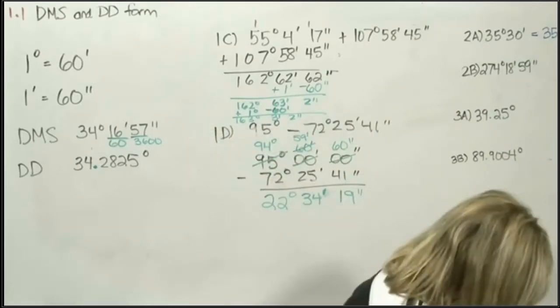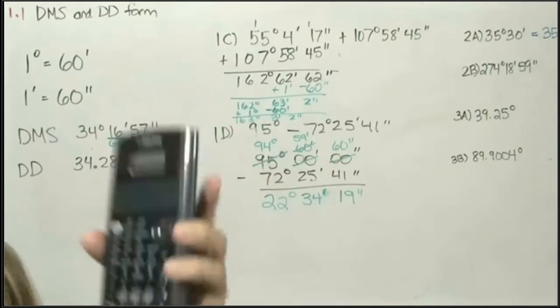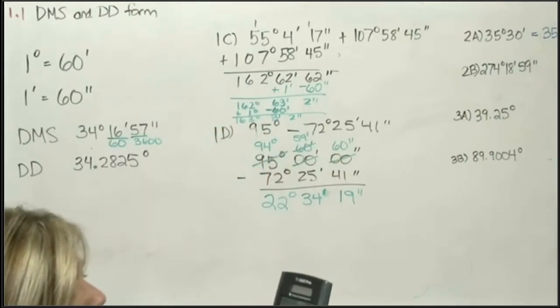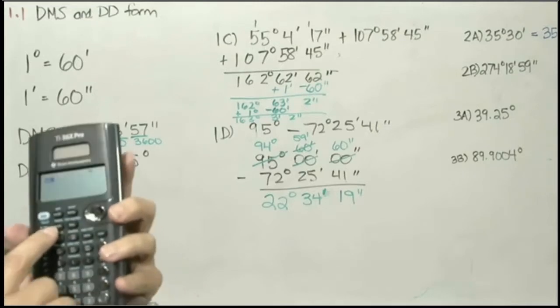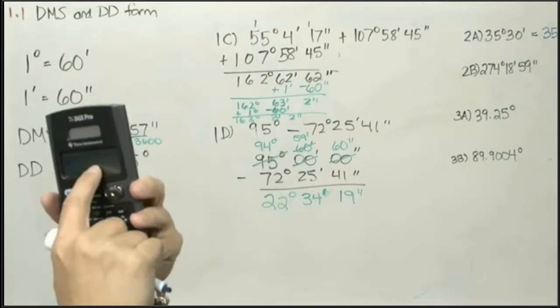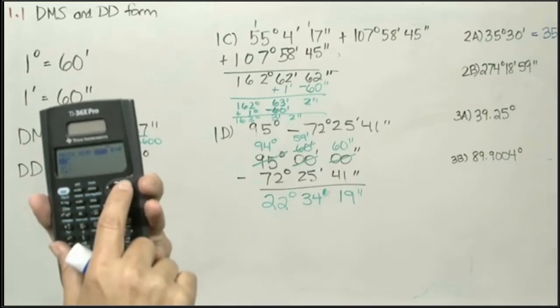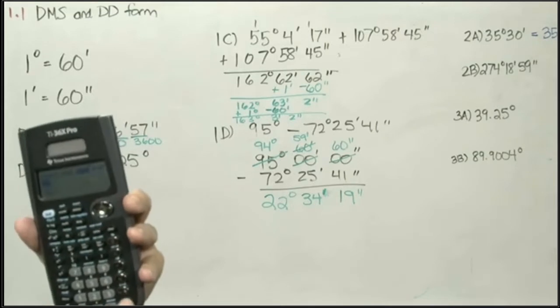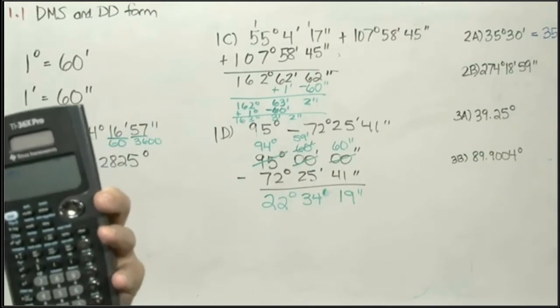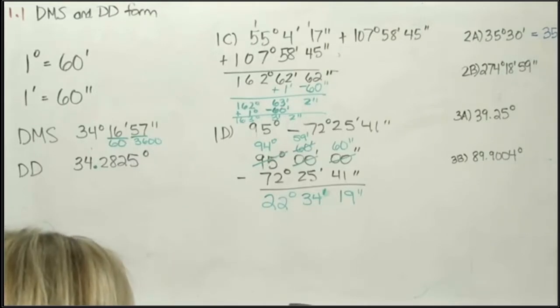Okay. In the Pro, we're going to do pretty much the same thing. You're going to type 35. You're going to hit this button that says Math, and you're going to have to arrow over to where it says DMS. So you arrow over twice to DMS, and the first thing highlighted is degrees, so you hit Enter. Now you want to type in the 30 for the seconds,